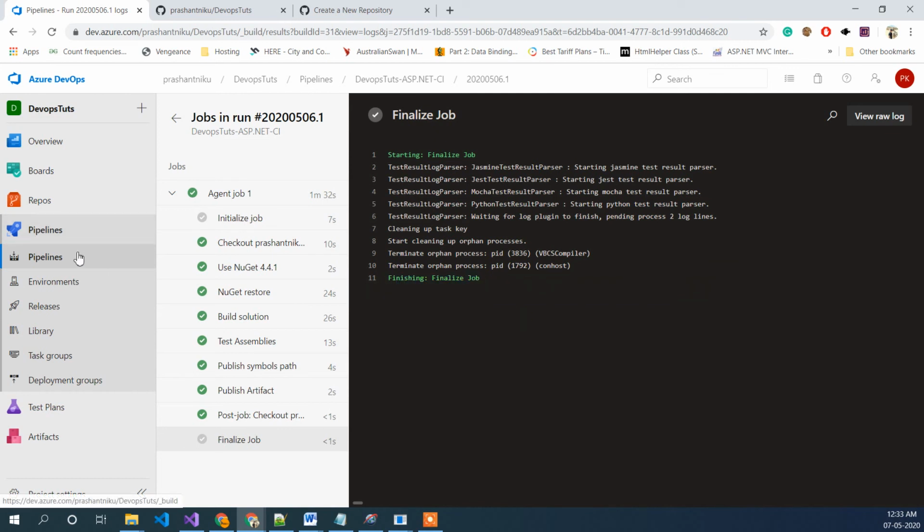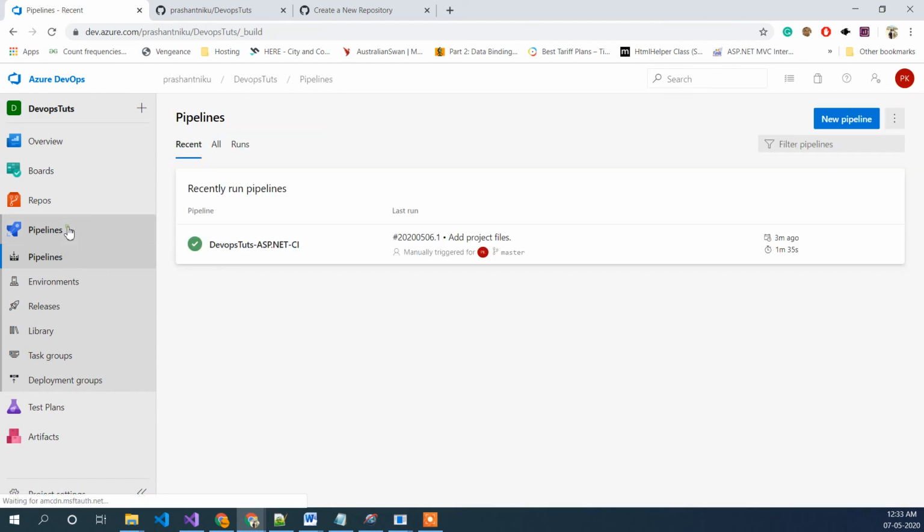So what we have done is we have created a pipeline which is responsible for building something. Okay, so this pipeline will be used in our release definition. So what we can do is we use this artifact. Artifact is kind of a collection of tasks which we do in order to publish our applications.